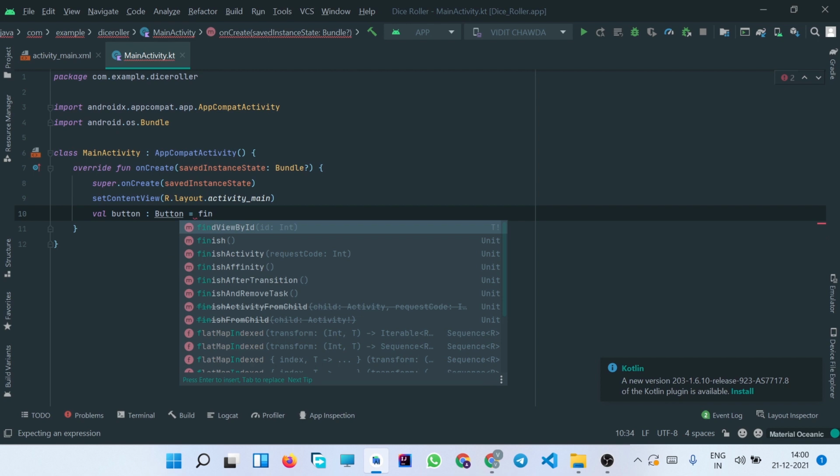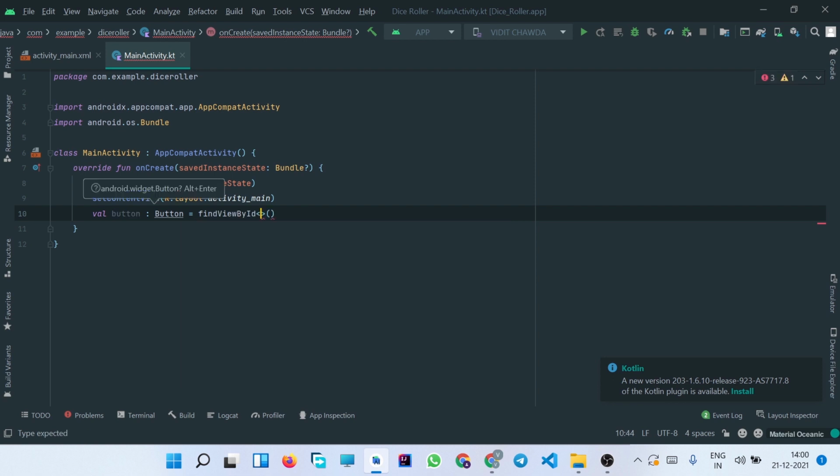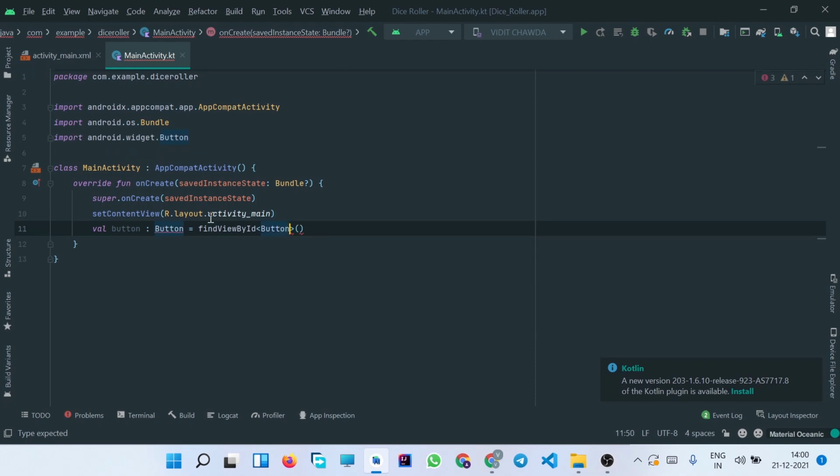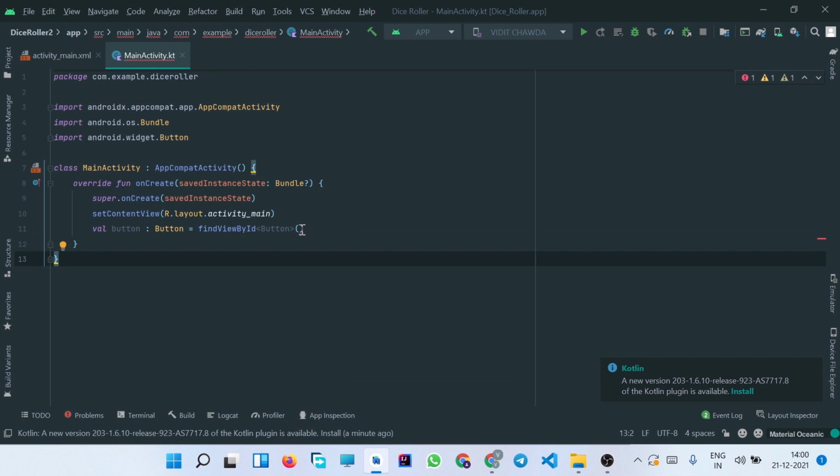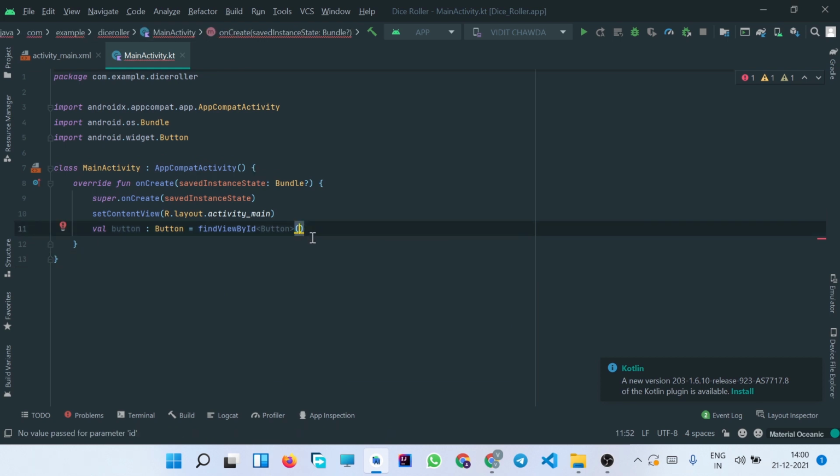So for that we have a function in Kotlin in Android Studio which is called findViewById, and here we are going to simply write Button again, and after that inside these circular brackets we'll write R.id. and the ID of the button that is present in this XML.